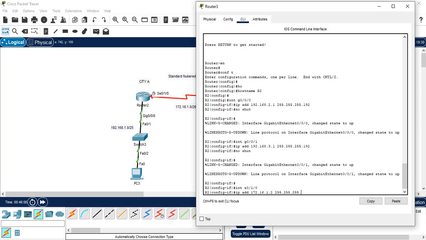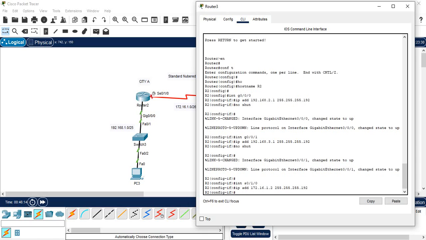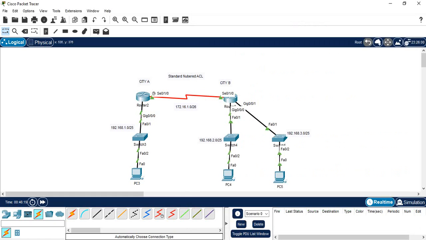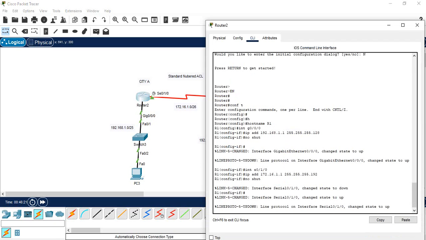Oh my goodness, actually this is so wrong. This is 192. Also this one is going to be 192. Okay, I think we can change that. Since I configured this one as 192 also,